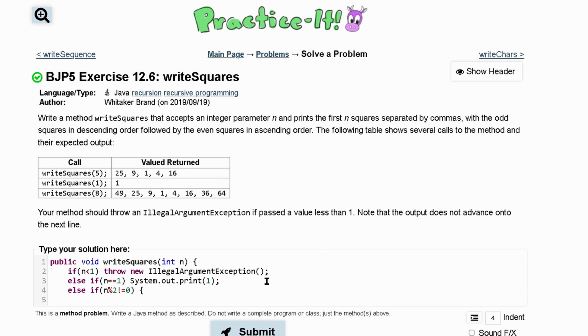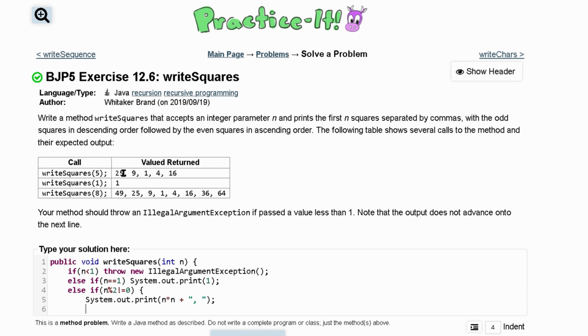So what do we do? Well, we want to print before we go to the next thing, right? So let's do a system.out.print, and we're going to print out our n times n. And then we're going to follow that up with a comma. So comma here, just like that, and this line. And now we want to hit our recursion. So we'll have writeSquares, where we're going to pass in n minus 1,